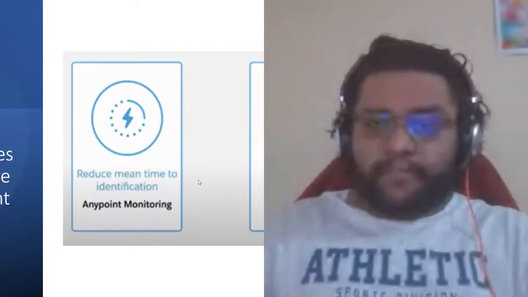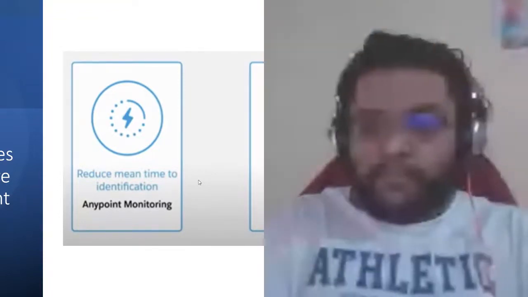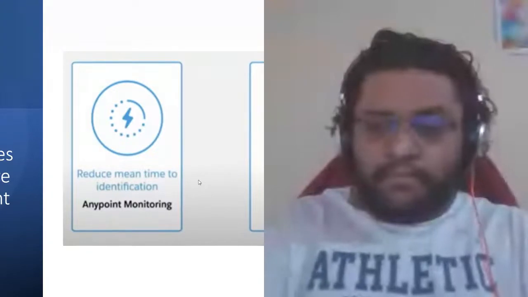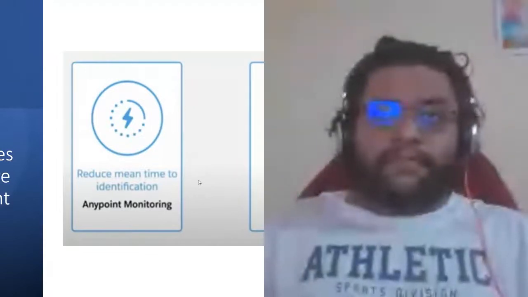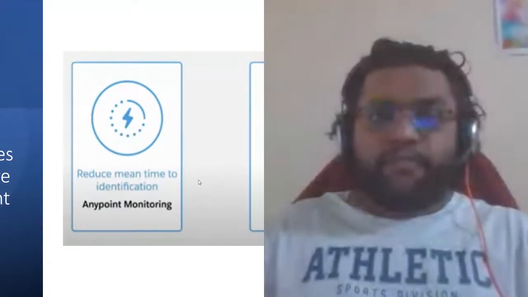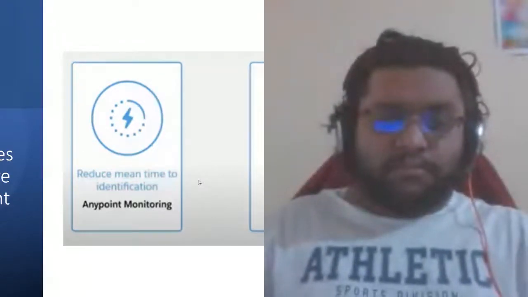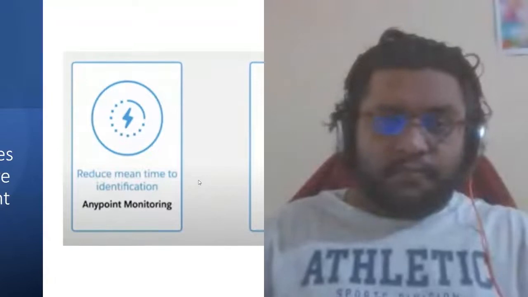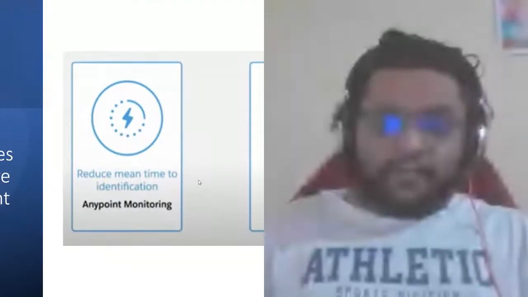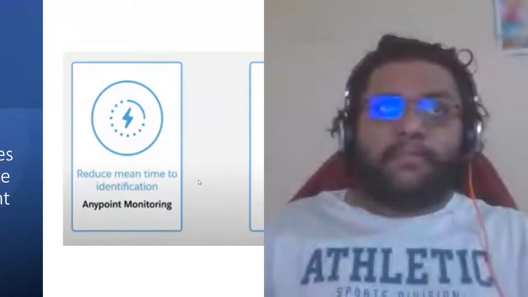So let's get started. First, a quick overview of why and what this Anypoint Monitoring is. It is a feature provided by Anypoint Platform, which helps us understand the state of the systems, applications, or APIs that we have deployed on CloudHub as well as in our hybrid environments. And why is it important? It is important for many purposes. First, it helps us understand the state of the application or an API, to make decisions in terms of scalability, availability, or reliability of my API or application.